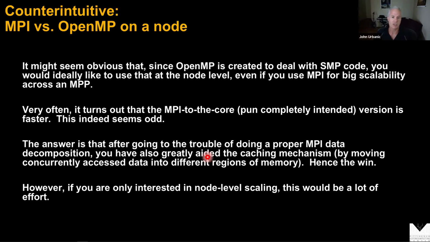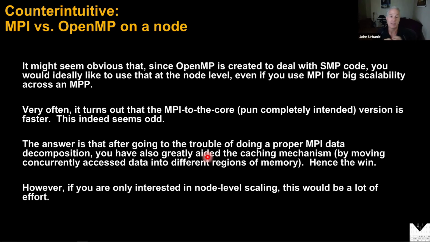And the answer is something that we can't dive too deeply into in this workshop. In the OpenMP workshop, we can get more into it, because there we talk more about how cache and memory segmentation is an important part of modern computers. And on modern computers, because of the way they have caches and cache coherency and stuff going on, when you do an MPI domain decomposition and you break the data up into pieces, you can very often be doing something that's helpful to the local hardware, which is having each core access memory pretty independently and not get intertangled.